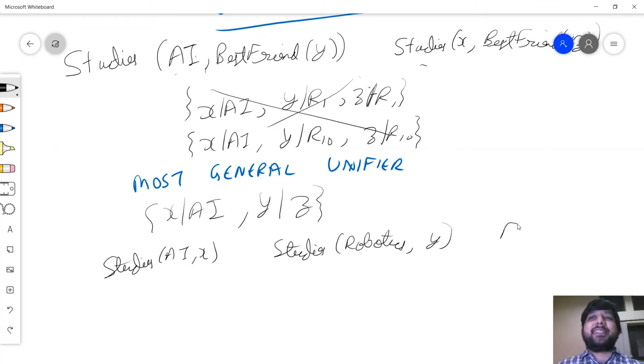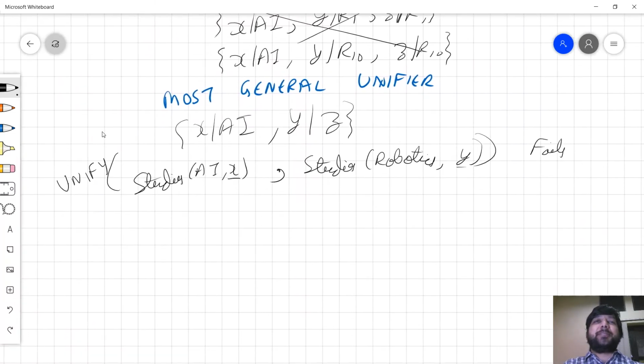It fails. AI can never be equal to robotics. And of course, I haven't been mentioning the variables, but I've been telling you what the variables are. Most of the time, I'll just tell you what the variables are. So X, Y, Z were the variables. So it absolutely fails.